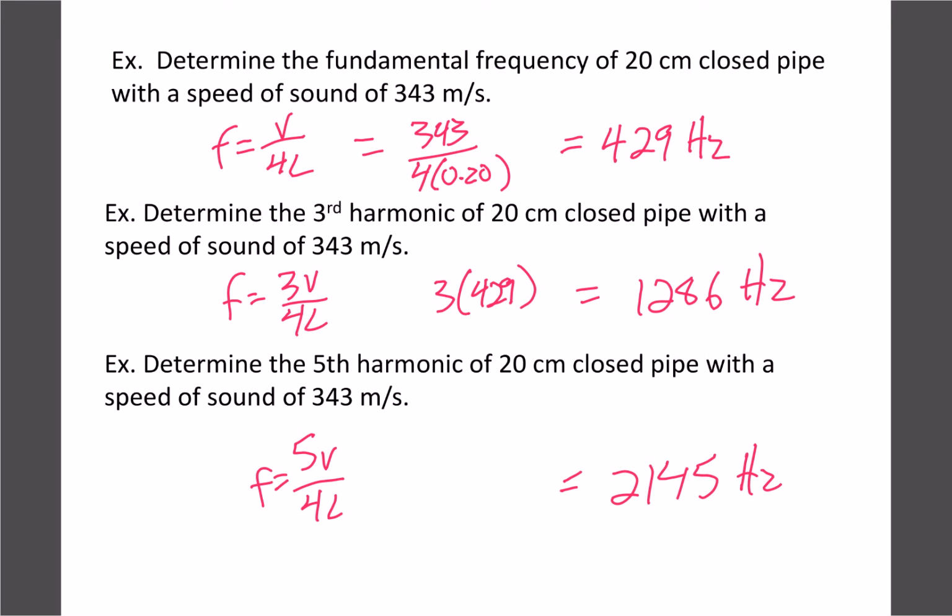Our basic one would be 429. We blow faster, different, we get to the next higher one, which is 1286. Do it again, we get to 2145, and to get to the 7th would be that much higher yet, which is pretty difficult. So like I said, most musicians can hit the 3. You can sort of hit your 3 basic